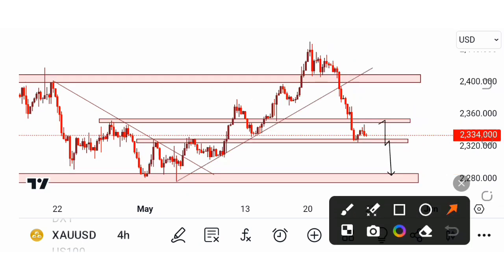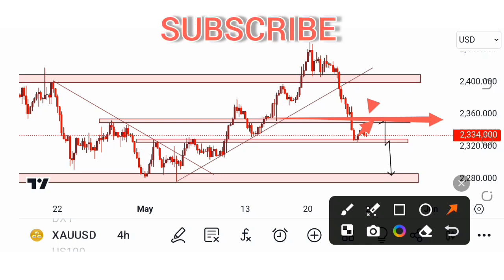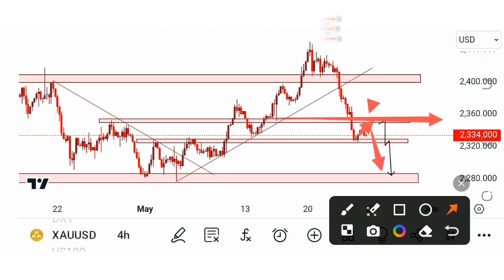So I'm interested to see the market coming back up, give a retest to this high over there. It would be a nice area for me to start selling the market. Or if the market could just open and then break below this low, then again it's not a trade smash. If it could do that, it would mean the market has confirmed our bearish perspective, or rather a bearish bias, and then I would be looking for sales on the retest of this market to short the market back to